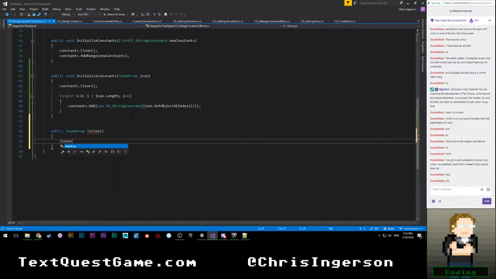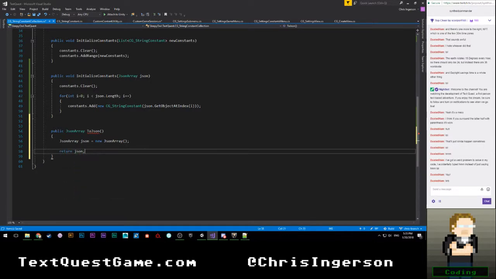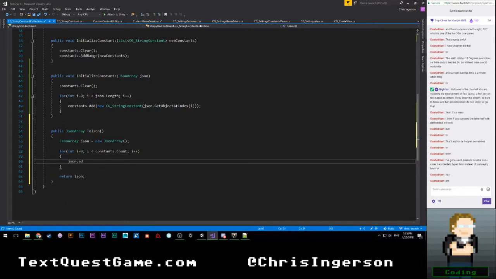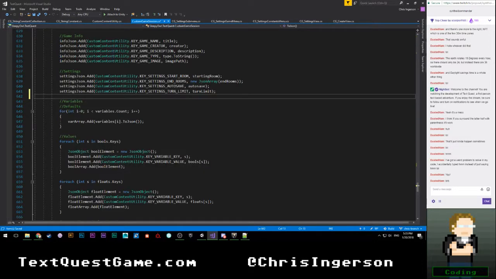So we're just going to say JSON array, JSON is equal to new JSON array. Then we'll return JSON at the end here. We're going to just do a for loop, so for int i is equal to 0, i is less than constants.count, i plus plus, JSON.add constants of i dot to JSON. Okay, simple as that, which means that we can now just come back here and say